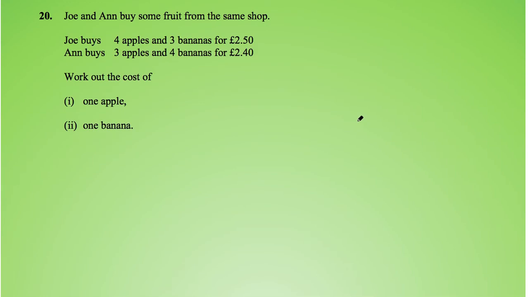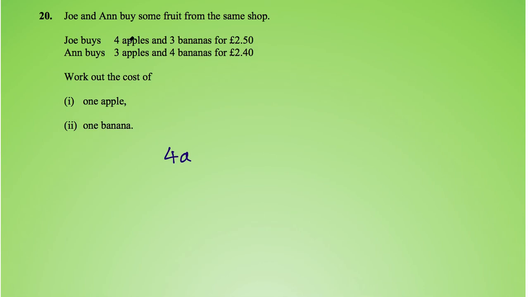Question 20. Joe and Anne buy some fruit from the same shop. Joe buys 4 apples and 3 bananas for £2.50. Anne buys 3 apples and 4 bananas for £2.40. Work out the cost of 1 apple and 1 banana. Now this is proper simultaneous equations. We need to write out the 2 equations and adapt them so that we can get rid of or eliminate